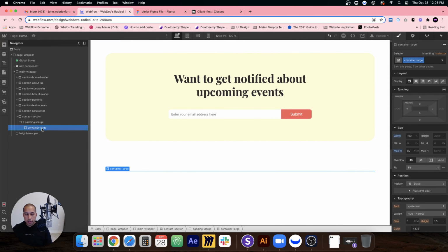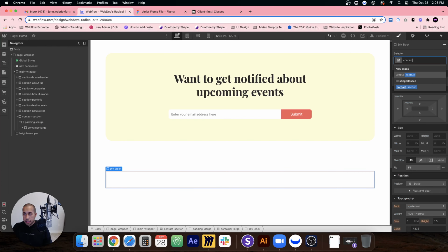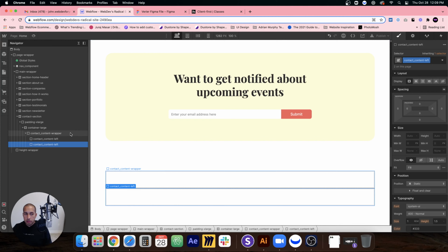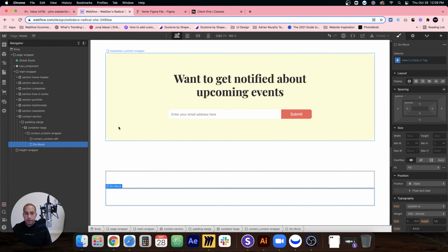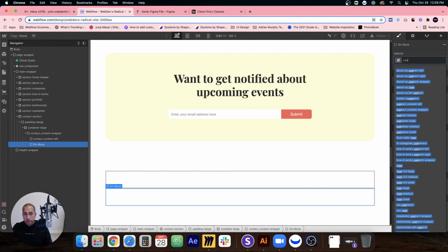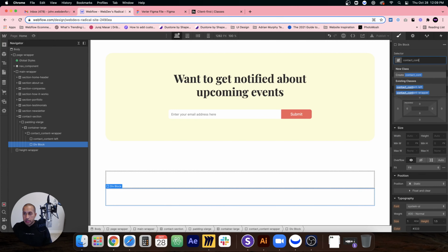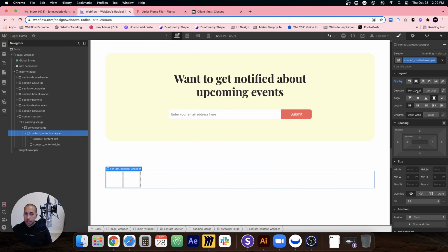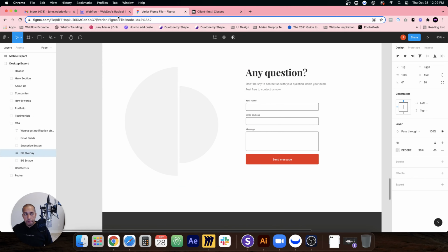so then we add the component. So this will be a div block, and then I'll say contact underscore content dash wrapper, and then we'll say div block contact underscore content left, and then I'll duplicate this class, or just remove it, and I'll say contact underscore content right. Okay, then for the content wrapper, I'll set it to flex, horizontal, and we already have